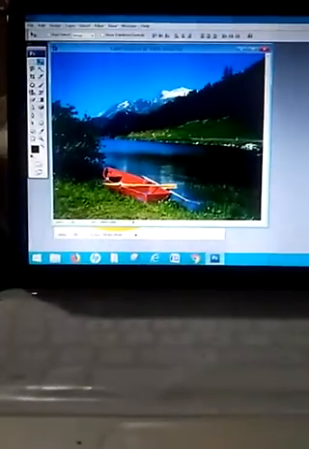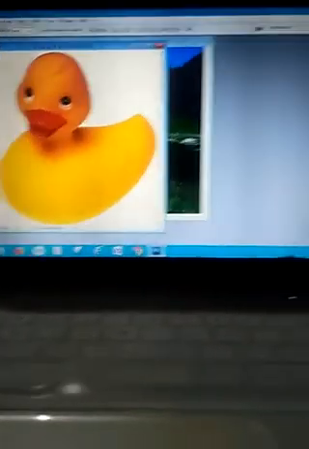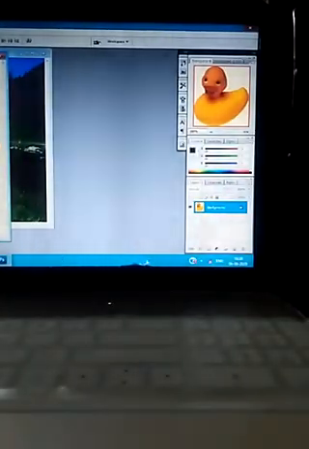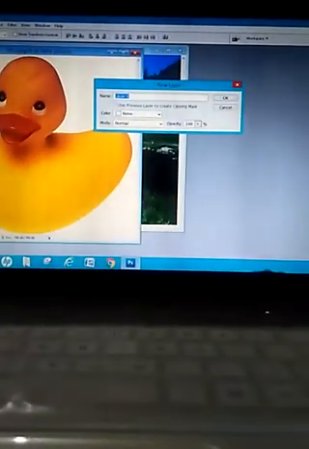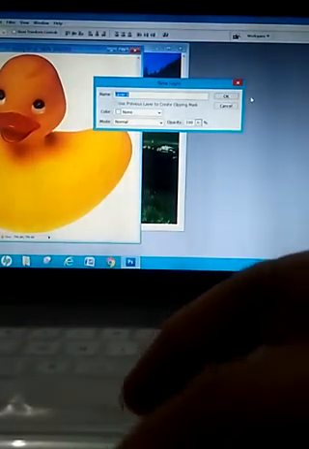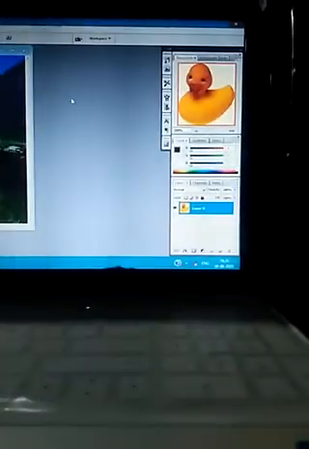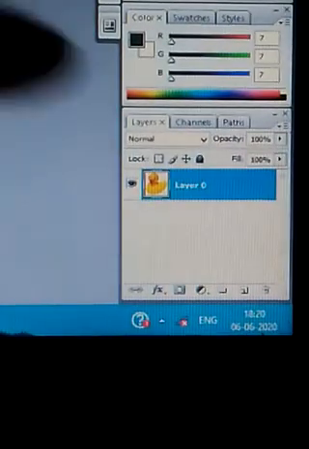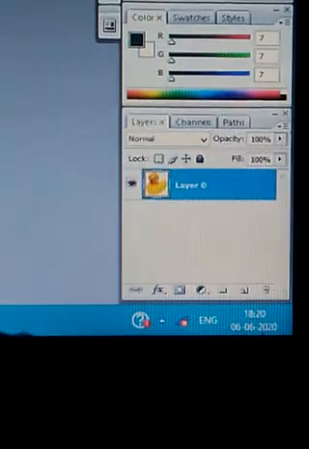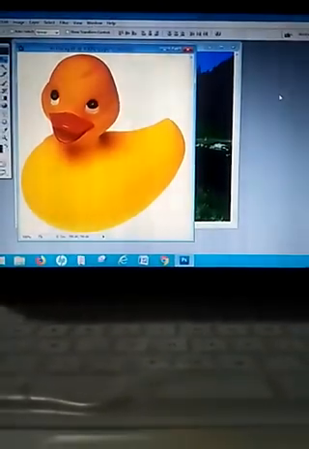Now, what I can do, I will change the name of the layer of the previous file. How can we change it? We can double click on it. A dialog box will appear. Here its name is given as layer 0. So I will click on the OK button with the name layer 0, and our name is changed. You can see, I'm zooming in so that you can easily see that it is layer 0 in place of background.